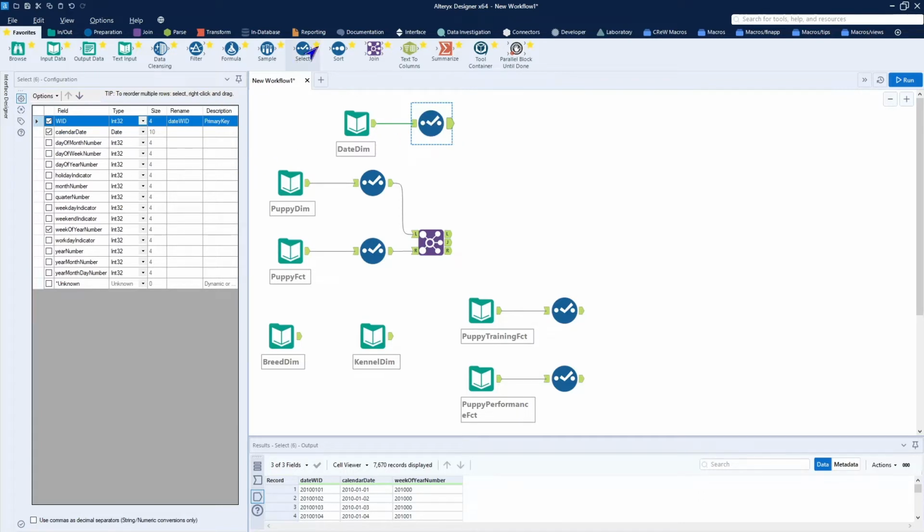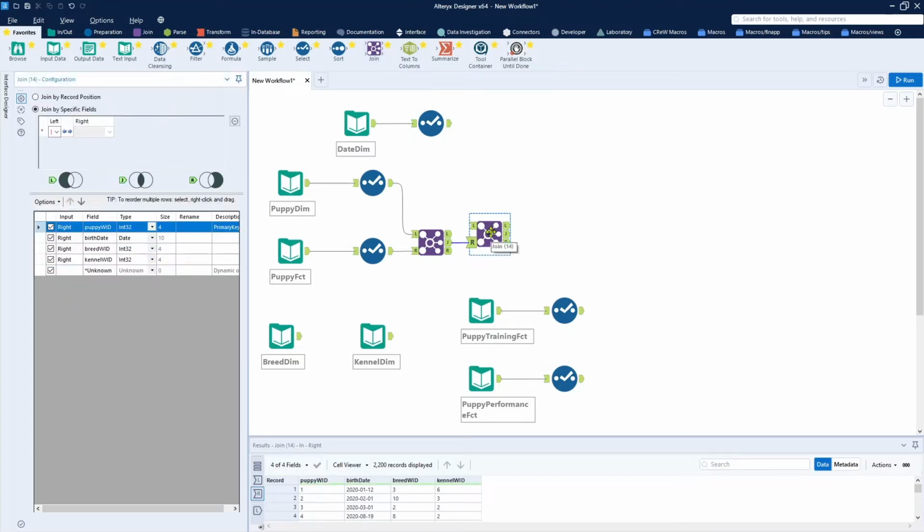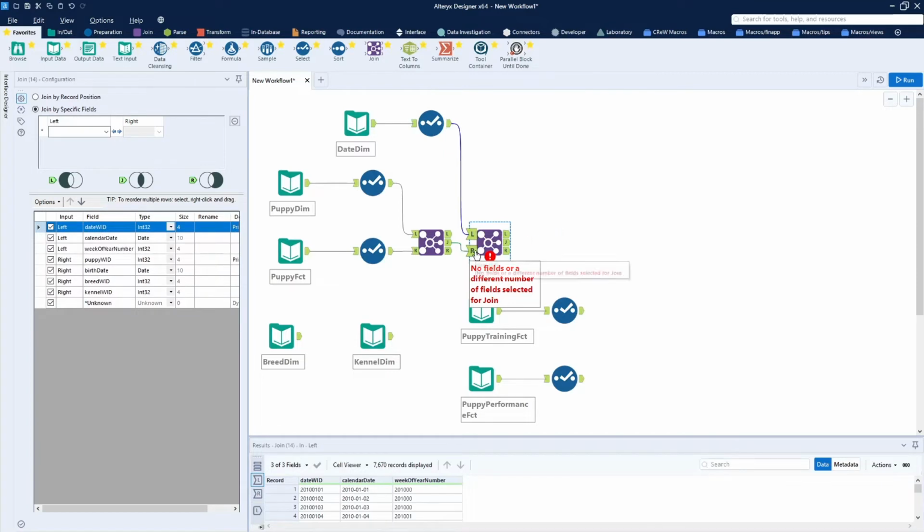And again, as I build this, you may see a different way of solving it, and that is perfectly fine. This is simply the way that I saw the most direct way of building it and what I was comfortable with. So we want to go ahead and join our date into our puppy data. And on the left, which is a date dimension, we have the date warehouse ID or date width,